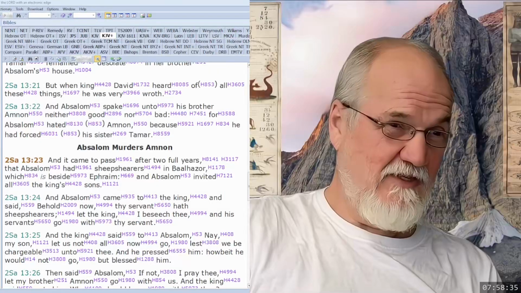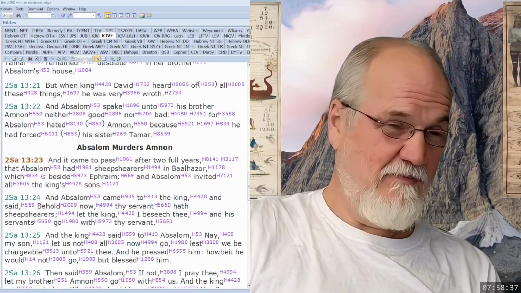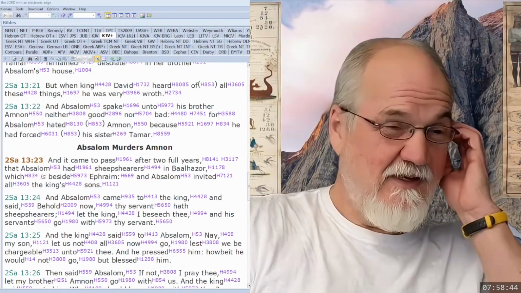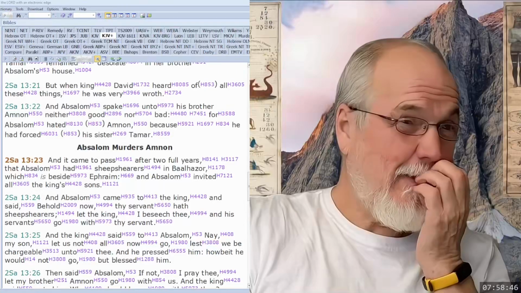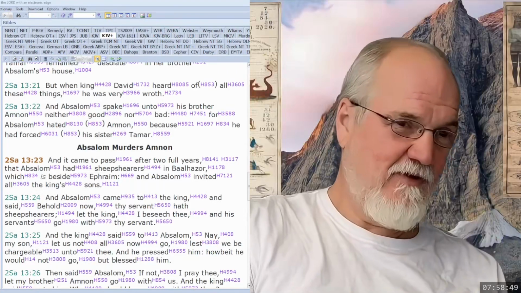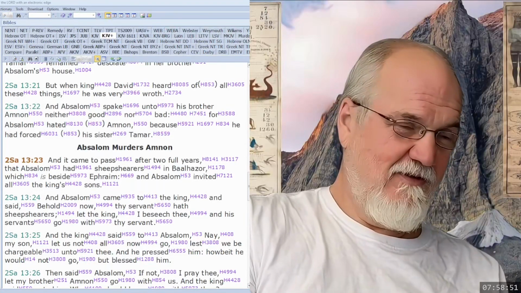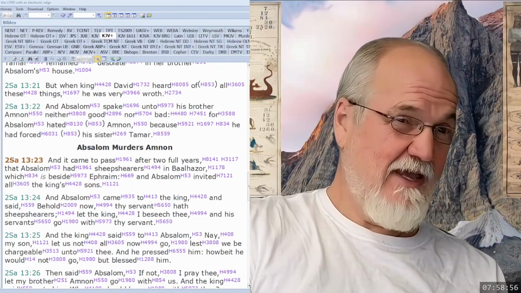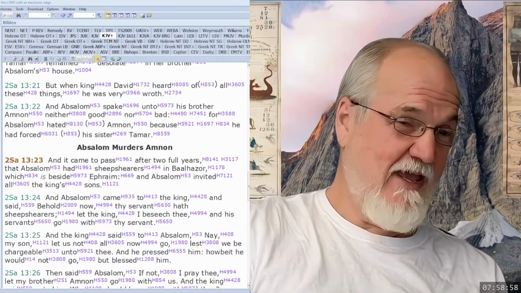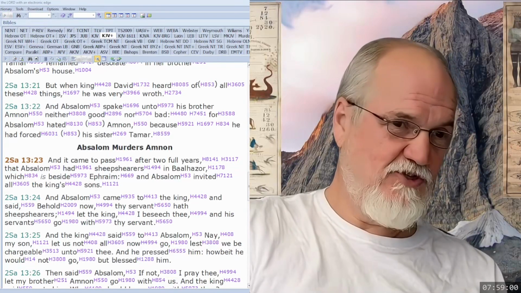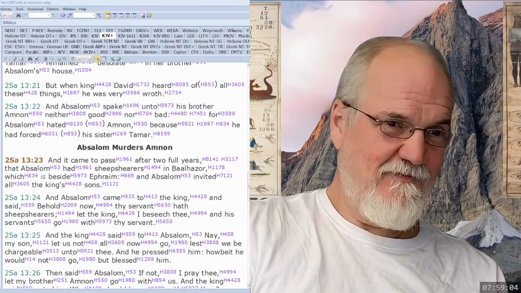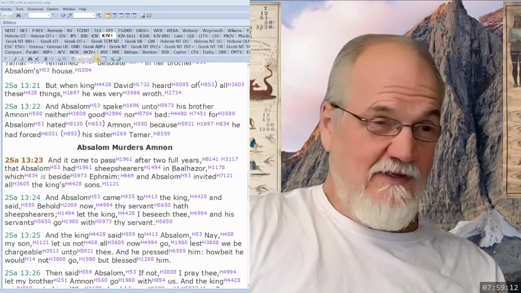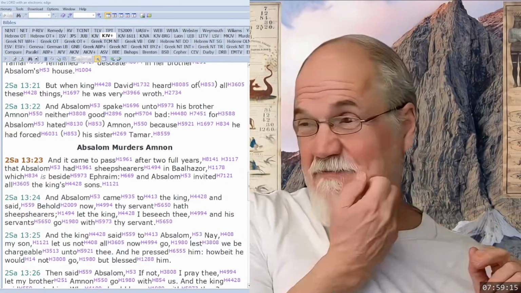So does this point to that period of time when we're going to have these sheep shears in Baal Hazor, that's when the death of Amnon occurs? That is, when Jeff comes back, is that destroying Amnon? That is Amnon representing FFA when Jeff isn't in charge. Right. I think that's logical. That makes sense.